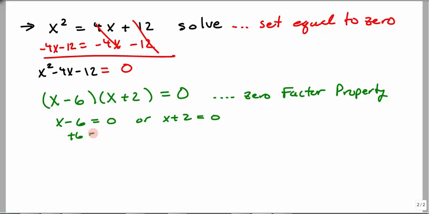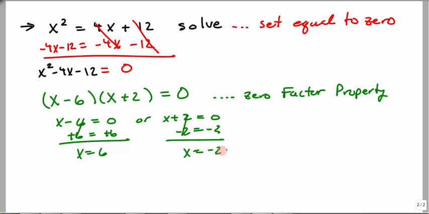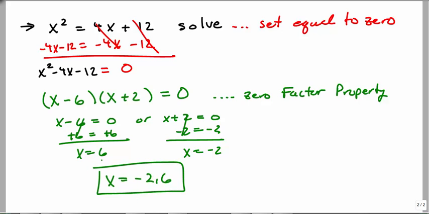So here we'd add 6 to both sides. So we have x equals 6. Here we'd subtract 2 from both sides, and I get x equal -2. So our solution set would then be x equal -2, 6. Now there is a way to know if we're right, and that's by plugging it back into our original, but